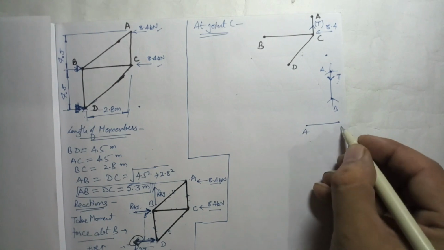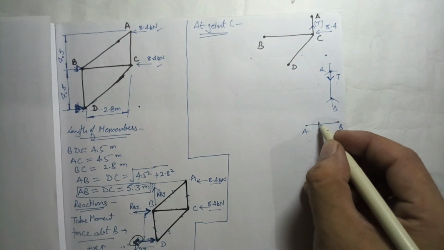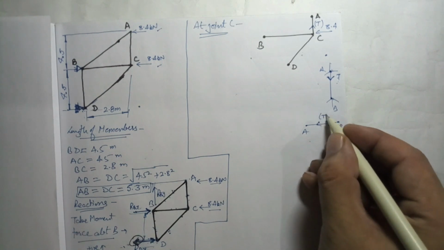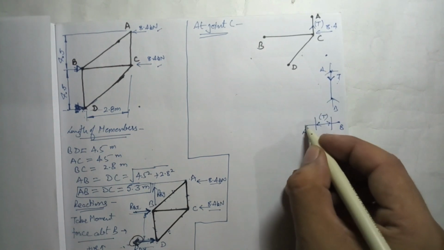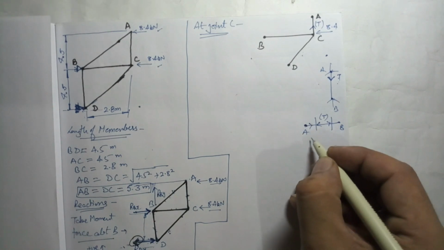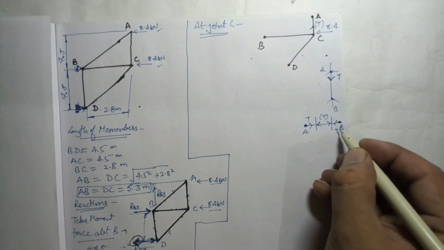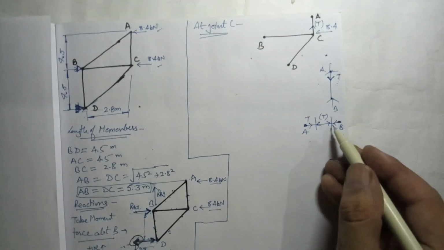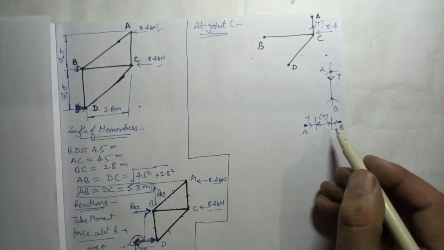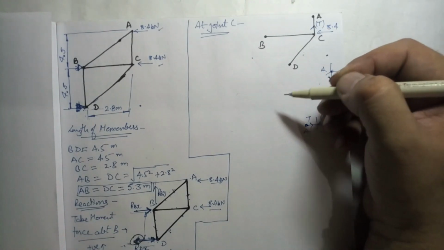So it was the member AB. Let's say this member is under tension. So this is the direction of force for the member. But what about the joint? Same magnitude, but tension will be when the force is like this for joint A, and tension will be when the joint is having this direction. Same tension value, but the direction will be like this. So that is why we are taking tension, but in this direction.